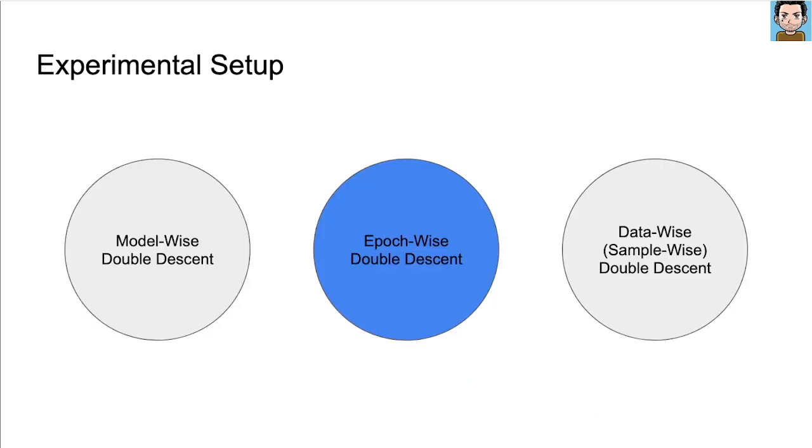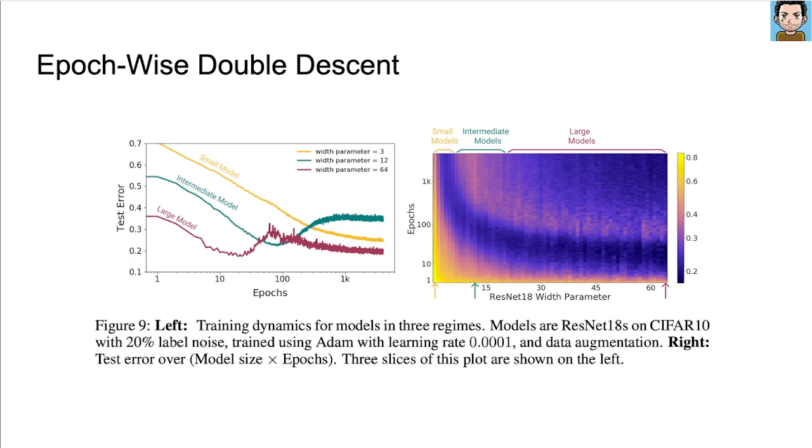Now that I'm done with the double descent intuition, let's go back to the experiments. As mentioned previously, double descent can be observed if we increase the model size, the number of training epochs, and the amount of training data. The next set of experiments focus on the epoch-wise double descent. In this figure, we again use ResNet 18 and CIFAR dataset. On the left-hand side, we have three different models of three different sizes. The three models are trained for different number of epochs as shown on the x-axis, while the y-axis shows the